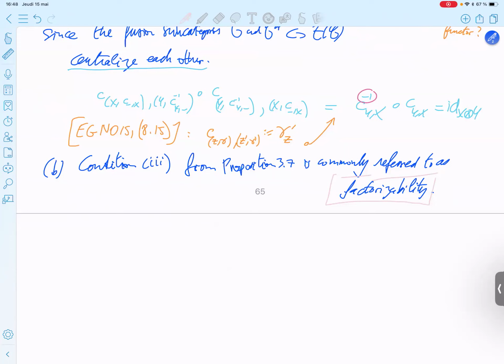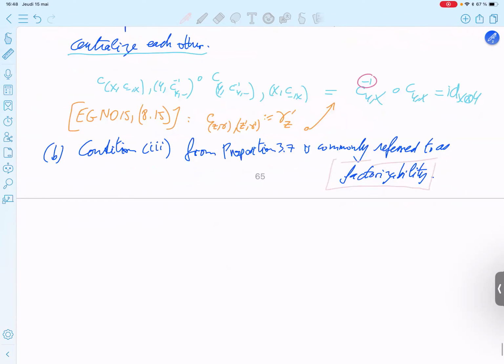But this is also Proposition 8.6.3 in the EGNO book, in fact, where it is proved in more generality that the Drinfeld center of a tensor category is factorizable. This is more general because a fusion category is a finite semisimple tensor category. So between fusion and tensor, you have two assumptions, finite and semisimple. So the result in the EGNO book is much more general. But I guess the proof should be similar.